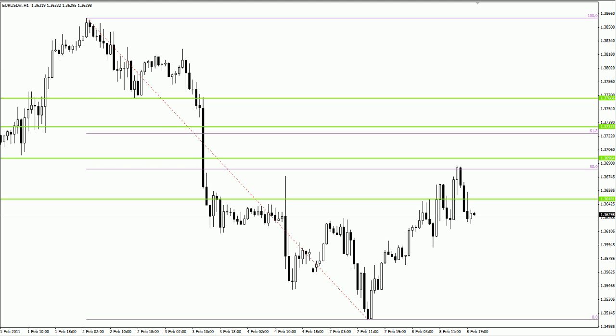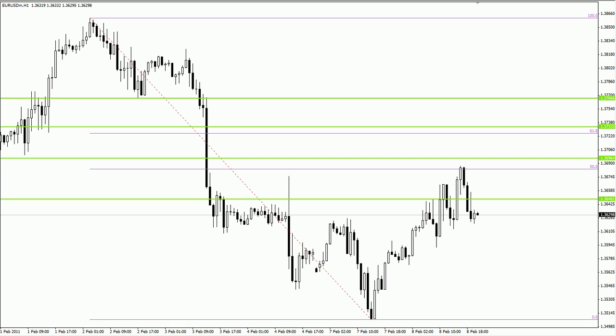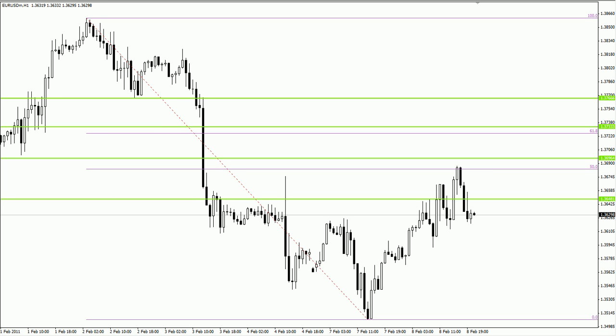All right, so hourly, same picture really. You can see the magnitude of the sell-off we've had over the last few hours, pretty much wiped out this bullish bar right here, which is never a good sign if you're a buyer. But again, we'll see what happens. This is pretty much the dead time of the day. So when Asia does open up again and London comes online, then we'll have to see which way they want